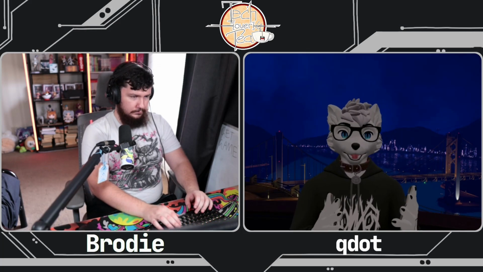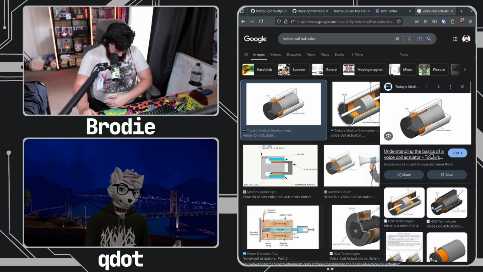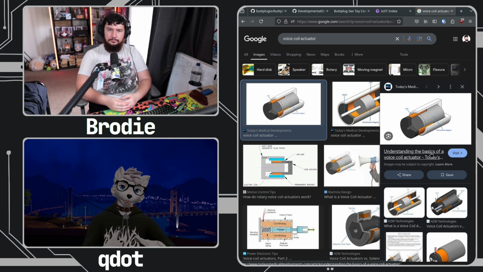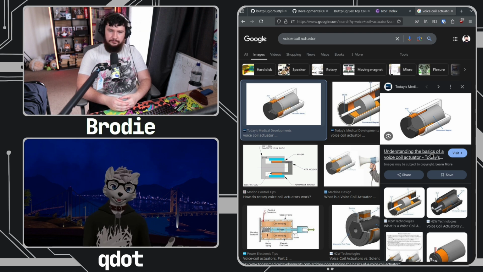Instead of having to spin up a weight, you have something akin to a speaker or a subwoofer in your controller that you can just play audio buffers through. It moves much faster, and that's how we get that click feeling on a modern trackpad, even though there's nothing mechanical in there.